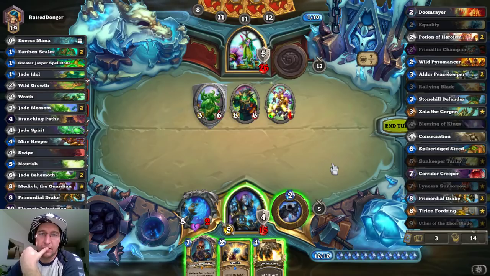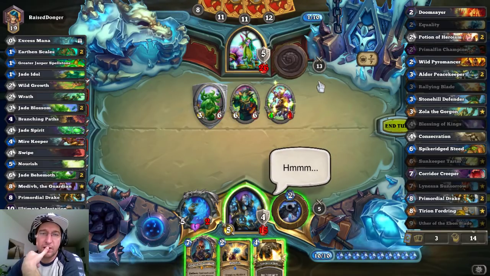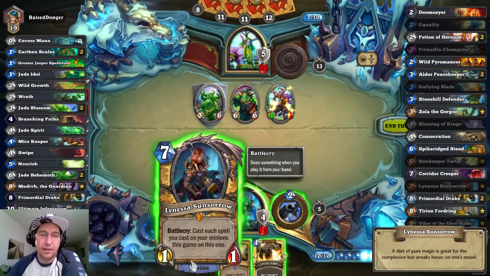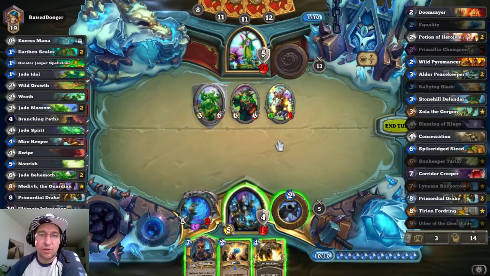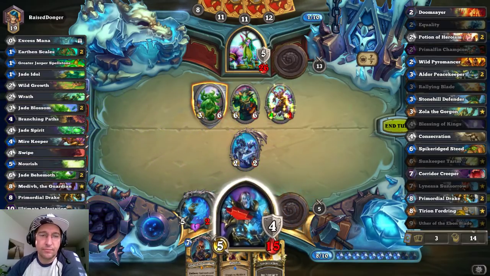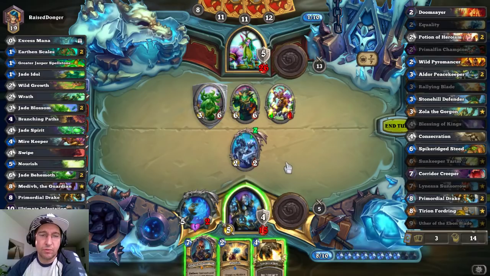Do I want to Equality combo here? I don't. I want to have him open up his board and feel more comfortable. Do I want a Lynessa here? If I had some card draw off the Lynessa, I think I would. I kind of feel like I'm going to give it one play. As will be purified. I'll give it one play. And he would need...